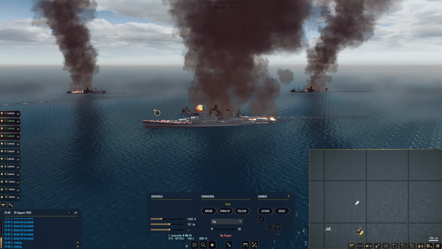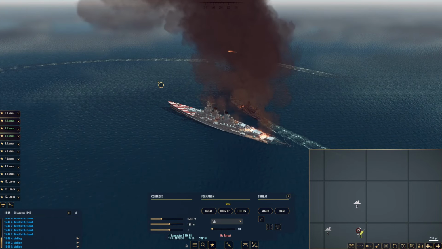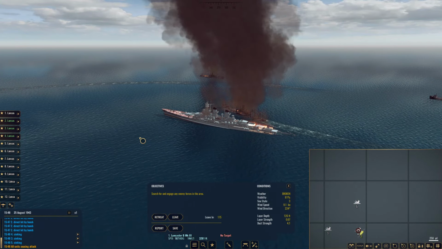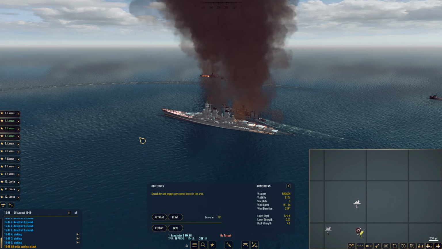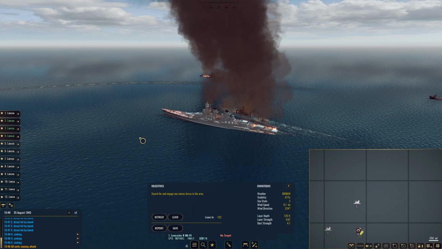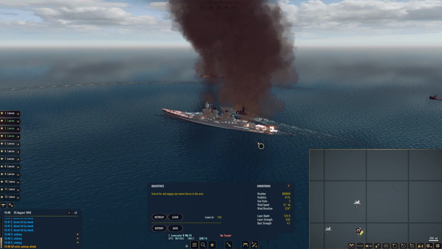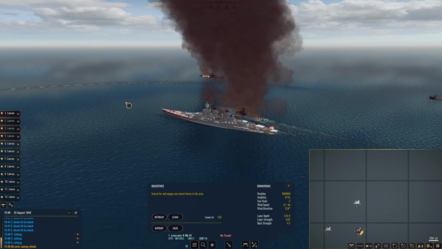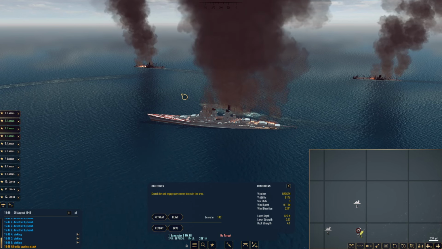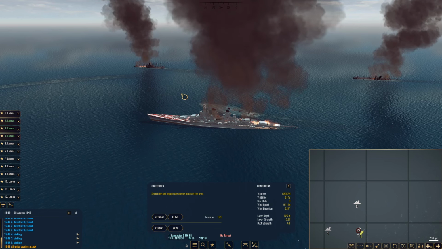Wait, they allow Wildcats to kamikaze? You must be playing it on Tokyo Express, right? Oh, okay. Like in the Tokyo Express mod, I'm pretty sure you can kamikaze in that one. They give you the option as ordnance, kamikaze, and the plane will just literally dive bomb into it. I've never actually used it, but